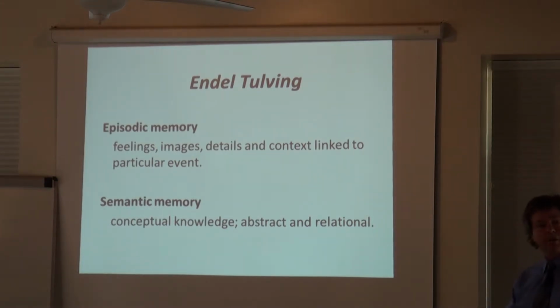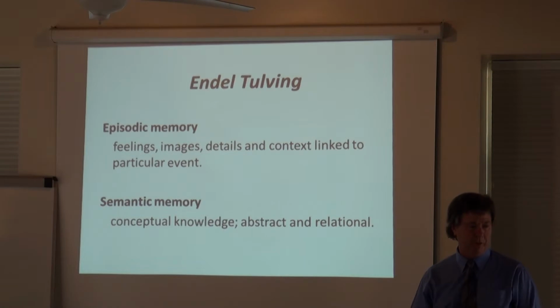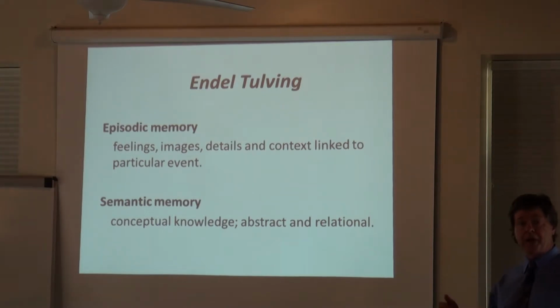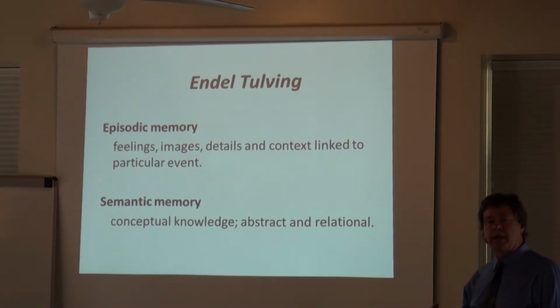He bases his whole theory of what memory is on a Canadian psychologist named Tulving, who says there's two kinds of memories. There's episodic. Episodic is what you're going to remember today from this experience, kind of the sights, the sounds, the smells, all those parts of an experience. And the other kind is semantic memory. That's more your conceptual knowledge. That's your understanding of